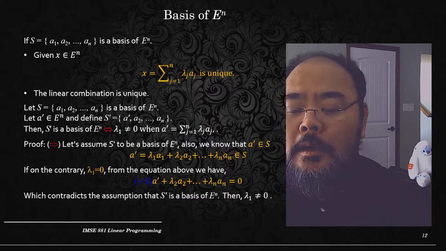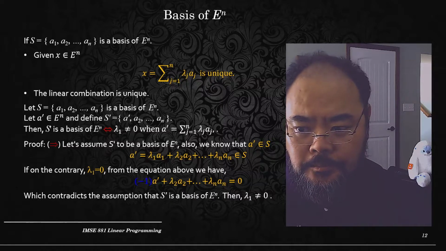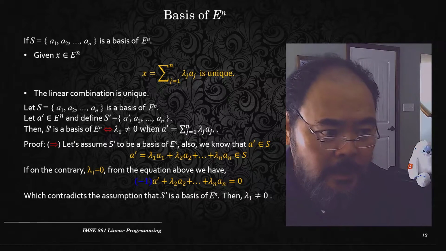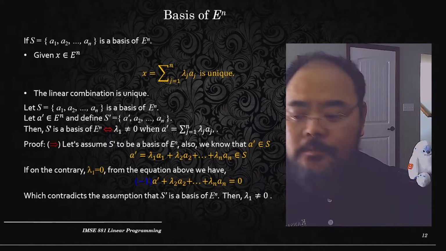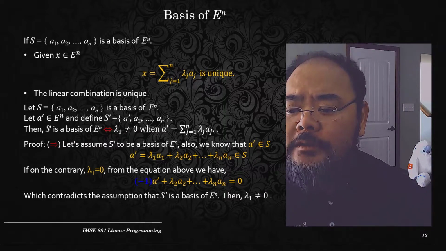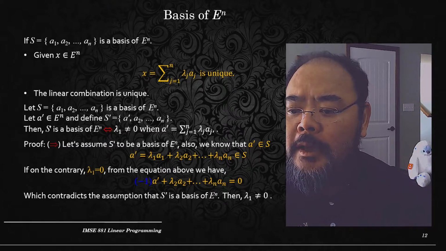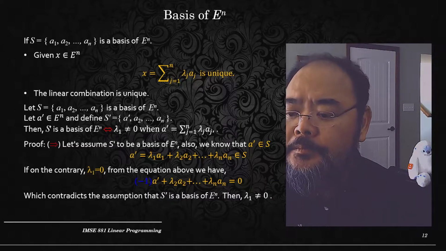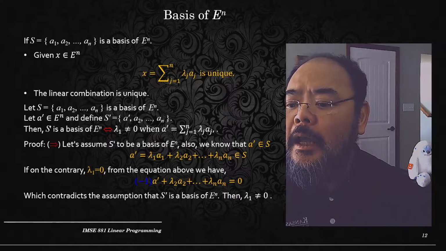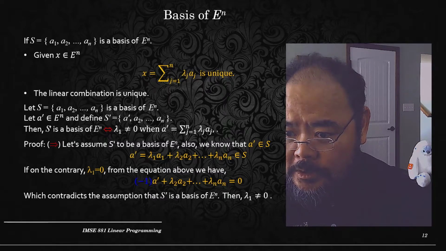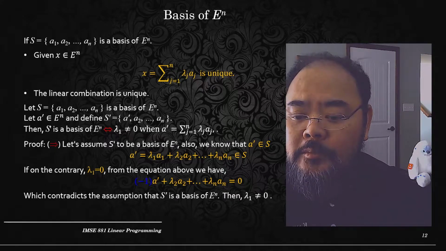Okay, let's get back to slide 12. This slide talks about the basis of n-dimensional Euclidean space. First, we'll assume S is a set of n linearly independent vectors that form a basis of an n-dimensional Euclidean space. And given a particular x that belongs to En, which is n-dimensional Euclidean space, then x can be represented